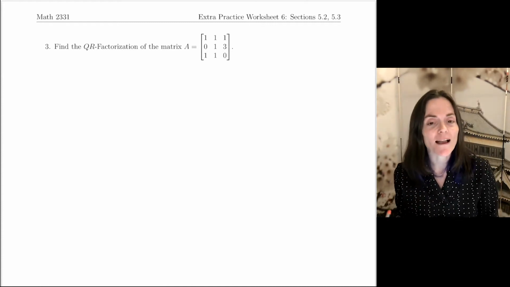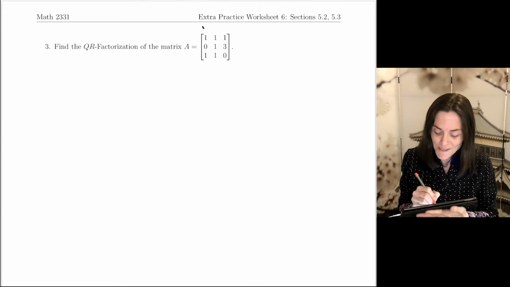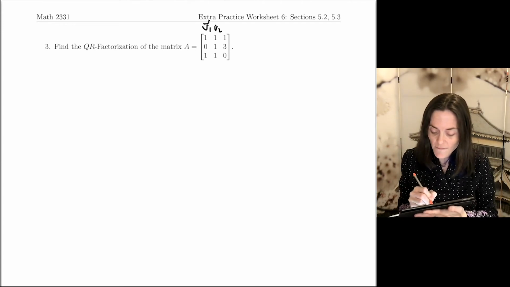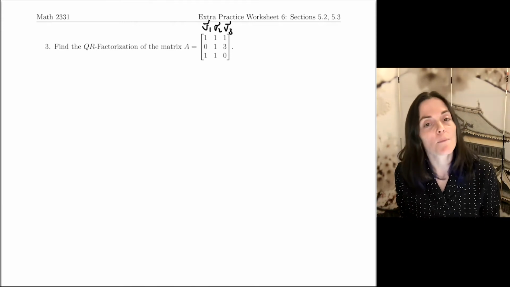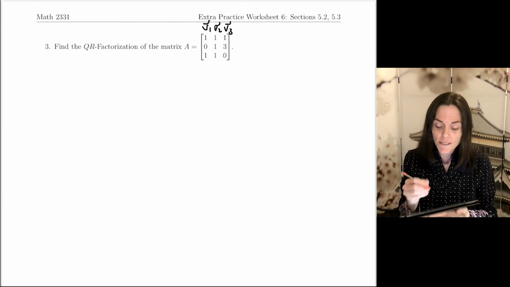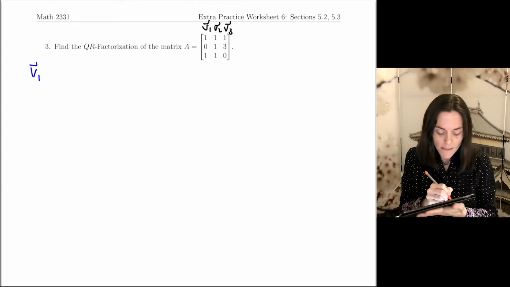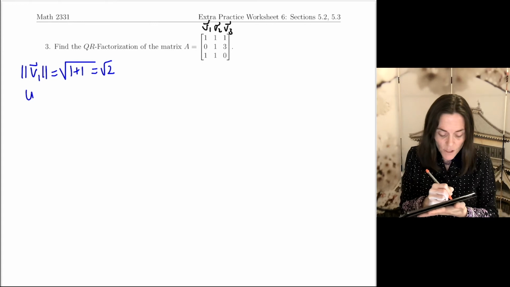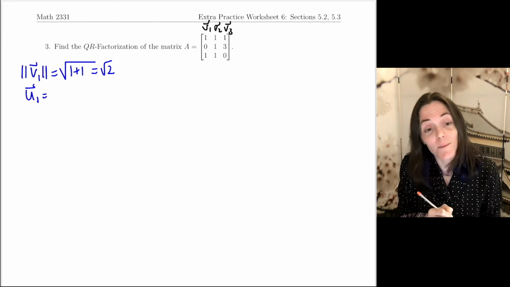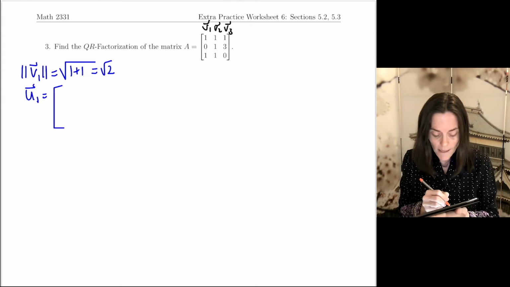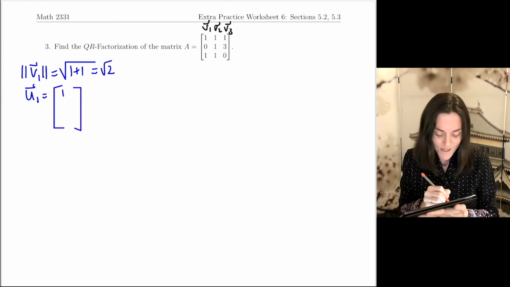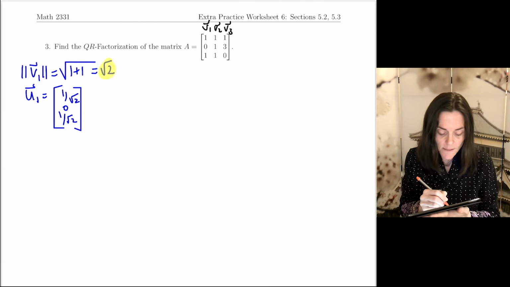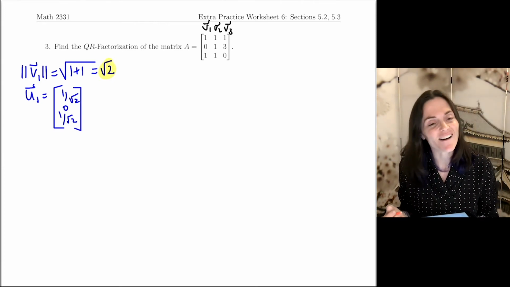Number 3, we have QR factorization. We will have work to do with this problem. So let's label V1, V2, V3, and we begin the process of Gram-Schmidt. The first step, we take V1 and divide by its length. With the length of V1, we have a square root of 2, 1 plus 1, underneath the square root. So my first unit vector, which will be the first column of matrix Q, I just take V1 divided by its length. So this will be 1 over the square root of 2, 0, and 1 over the square root of 2. Now you can go ahead and highlight this because that will be an entry in my matrix R.